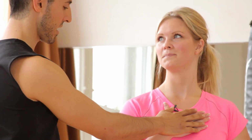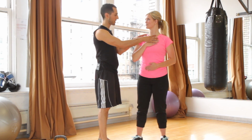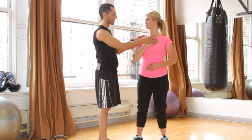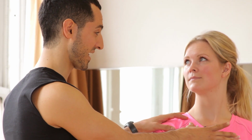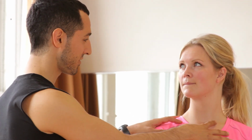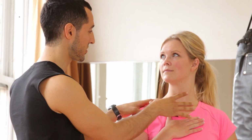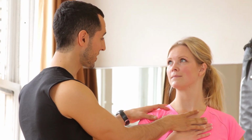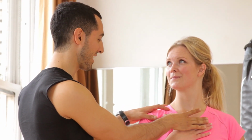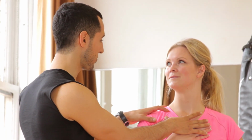My chest. Right. Okay. And then this one kicks in, which is good, but these are secondary breathing muscles. These are primary. So you're a little bit of a shallow breather, not the worst one that I've ever seen, but shallow breathers means that you're only getting around 30-40% of the oxygen you could be getting into your body. The equivalent physiological state is fight or flight. So this kind of stimulation of your breathing is associated with stress, chronic stress. So when someone breathes like this, and it's rare that they don't breathe like this, at least in Manhattan, right? But I know that you have been through a lot of stress because